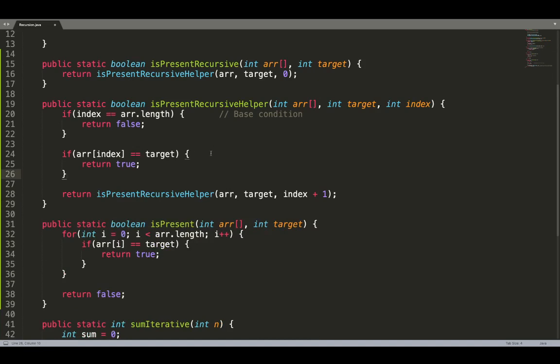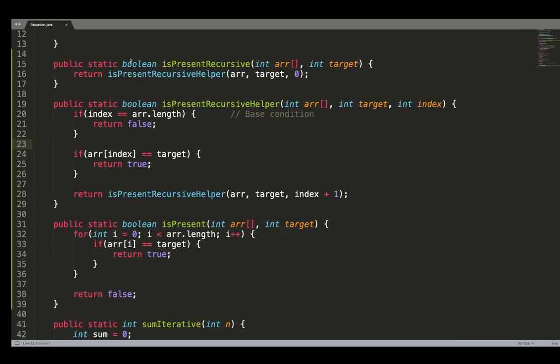So basically what I did was, before making the recursive call, I checked for the current element. Is current element equal to the target or not? If it is equal, then I will return true. But if it is not equal, I need to check in the rest of the array. So I have just flipped the process, and whatever is the answer from the recursive call, that will be my overall solution. So let's just save this and see if this is working fine or not.